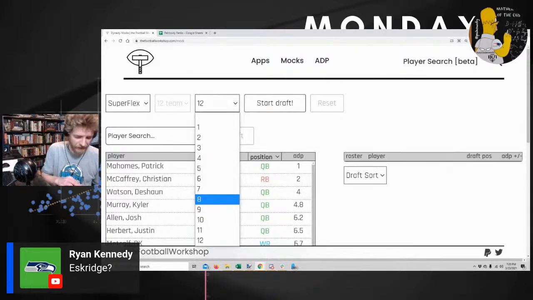Anyone got a preferred draft slot? I like going towards the end, just kind of playing out worst case scenario, since we can't trade anyway. Ja'Marr Chase late first. I would definitely take that.